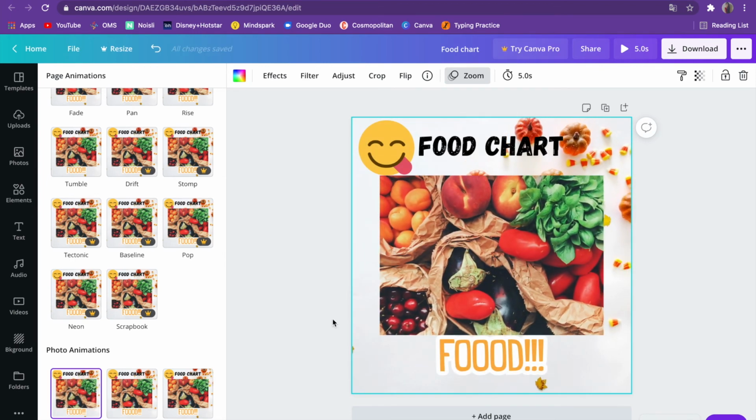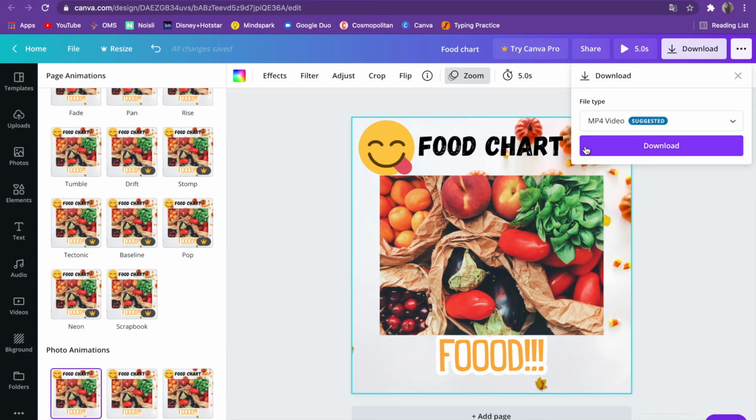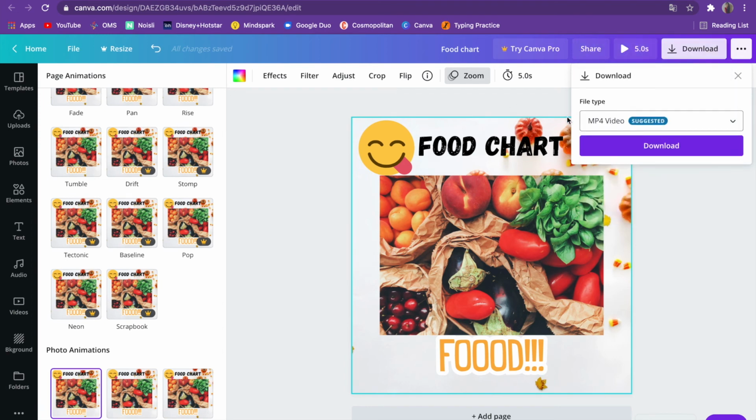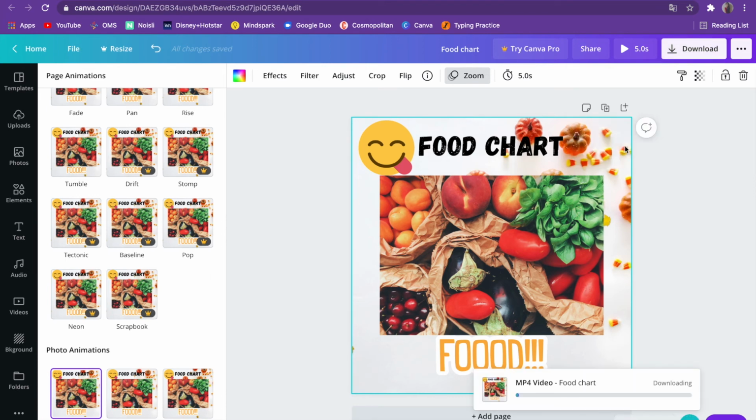So when you finish doing something, you can just press download and it will get downloaded, guys. So yeah, MP4 video, you can choose a file type, high quality, and the suggested one is MP4 video. If you press download, it will get downloaded without money or Pro or anything. It's just free, guys, so you can try it. So yeah, it's downloading right now. It needs like 2 to 5 minutes for downloading. If it's a big file, then it hardly takes 5 to 10 minutes to download.